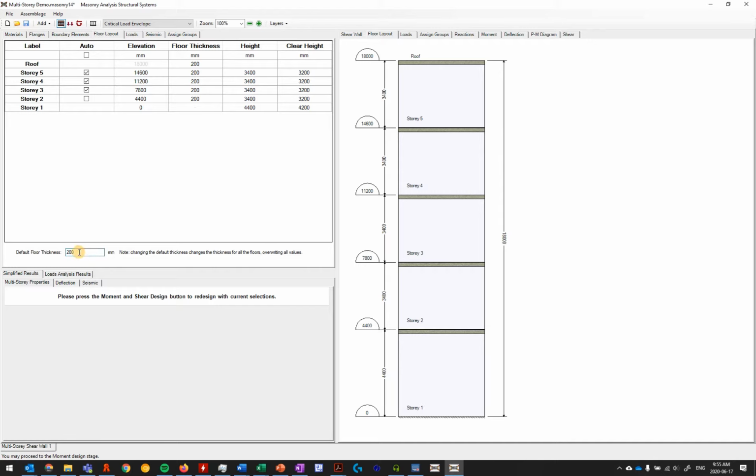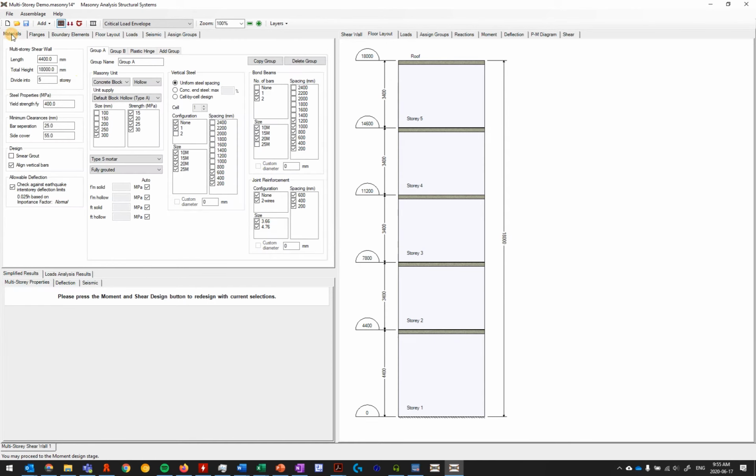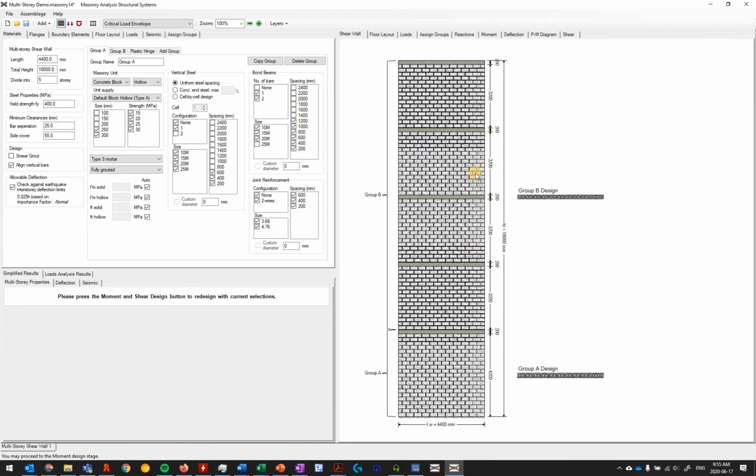You can change them all by changing it down here, or if you have different thicknesses along your height, you can change them individually as well. Going back to this design here, looking at our shear wall, you'll see Group A and Group B listed here. What I've done is I've made a second group. At any point you can click on this Add Group button, and it will create a new set of properties